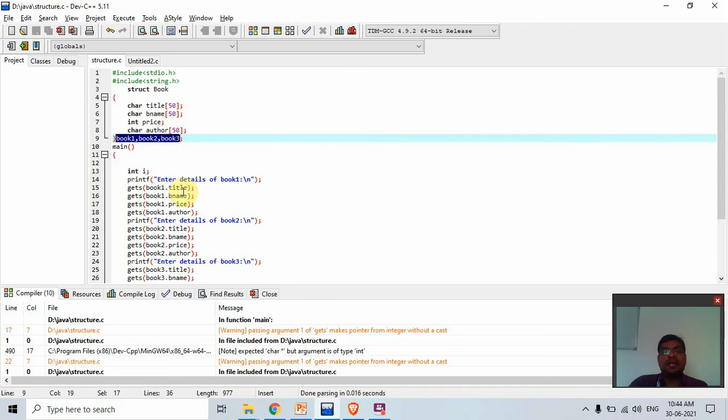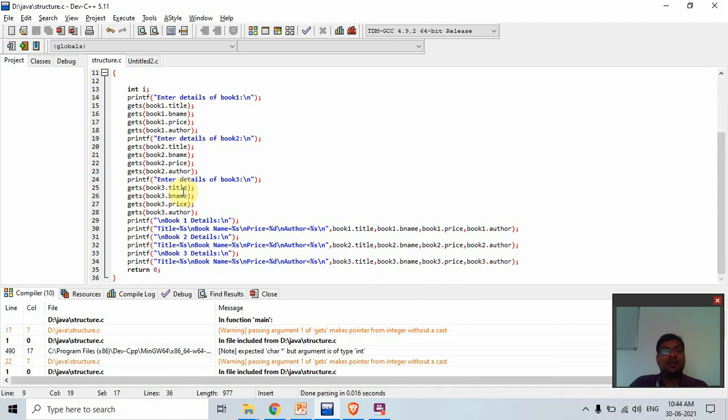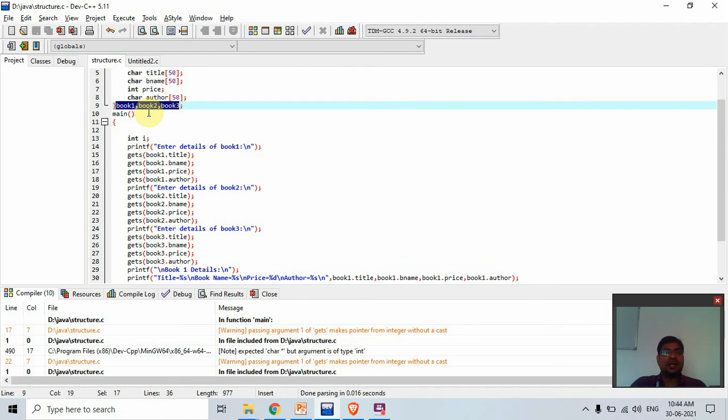But many times we need to declare a structure variable in the middle of the program, not only when we create the structure. Then how do we do that? It is a simple instruction.